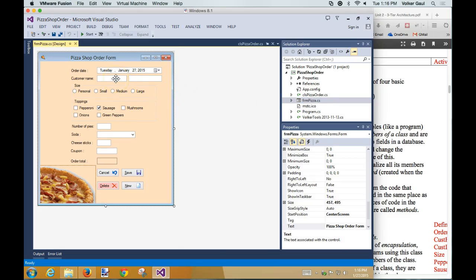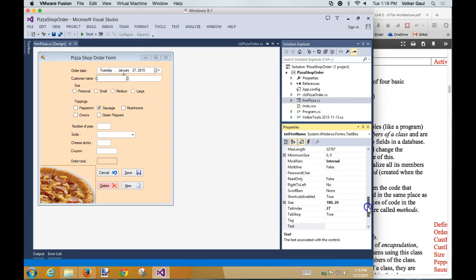I am right now asking Visual Studio to give me the information about this text box. All of this property list just changed. For every one of these properties, there is probably a member that goes along with it. And so I'm asking, what's its current size? What's its height and width, what's its current tab index? All of these properties